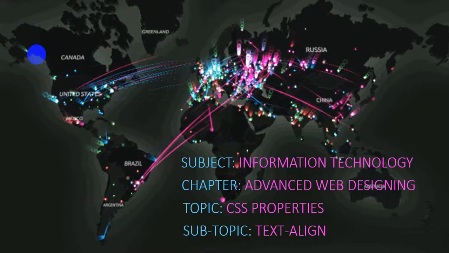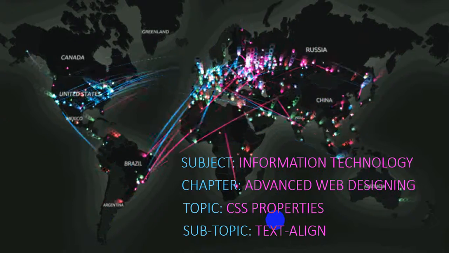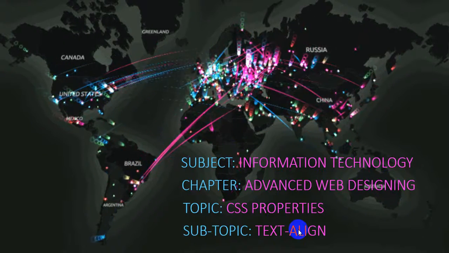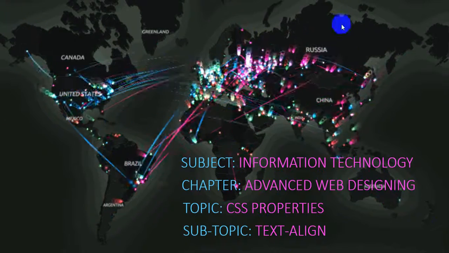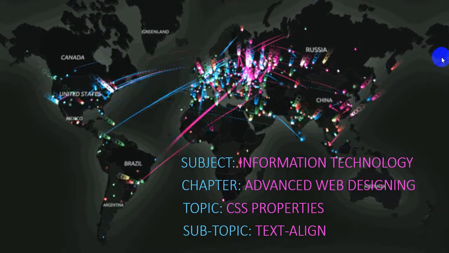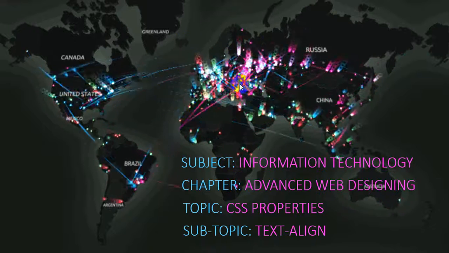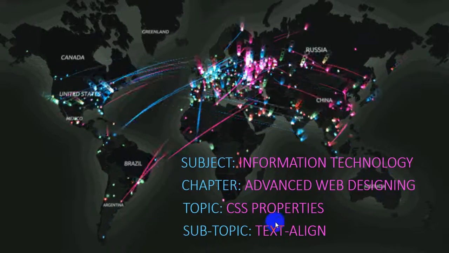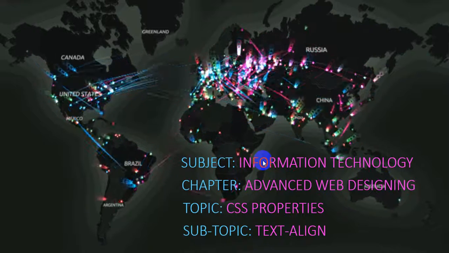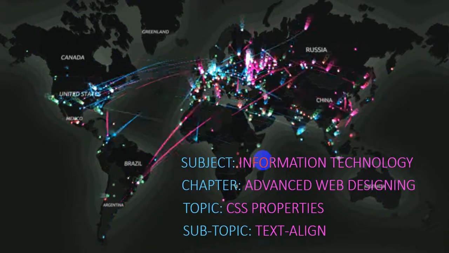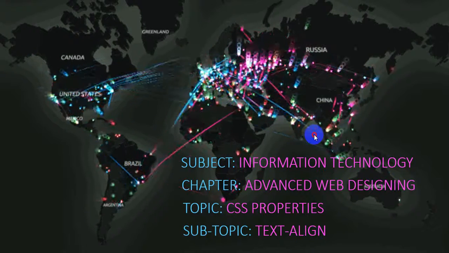I will tell you what the justify value for text align is, but for the time being, just try to understand: if you are going to place your text or your paragraph from the left hand side, that is left align. If you are going to place your text from the right hand side, it is right align, and you can assign it inside the center, so it will be center text align. So it is a CSS property, means we have to use CSS in HTML. So first we have to create an HTML page, then we will use this property, that is the text align property. Okay, let's have an example.